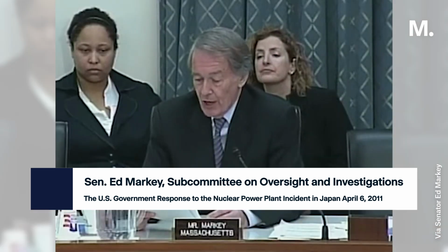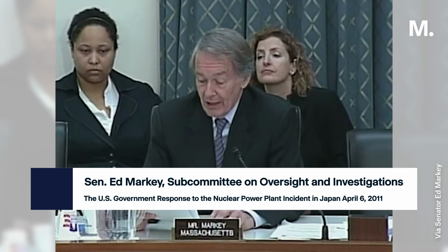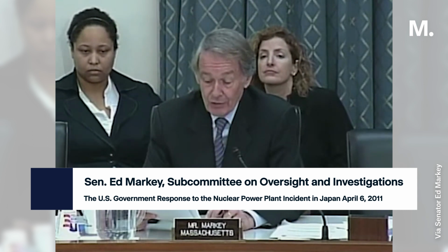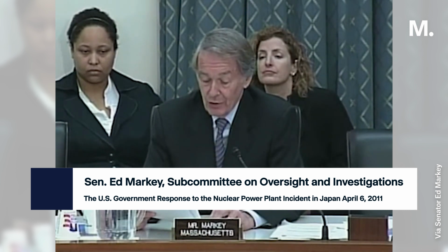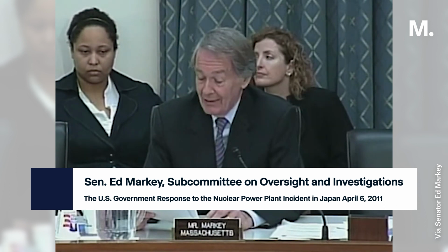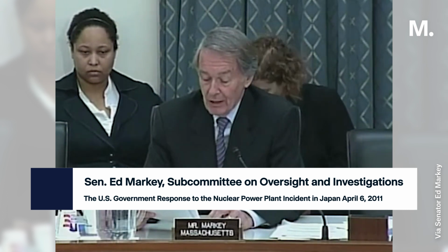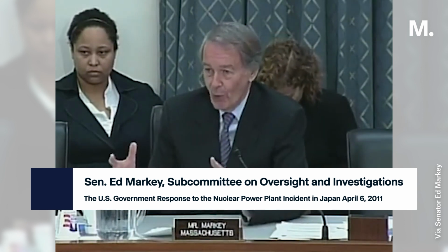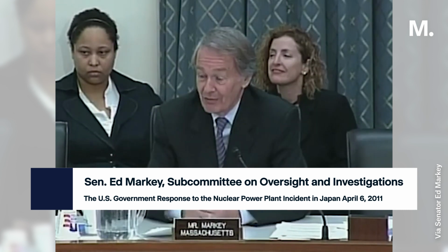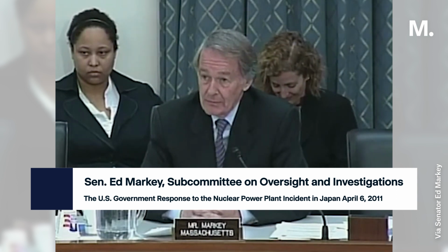The meltdown in Japan was caused by an electricity outage that was itself triggered by the earthquake and tsunami, but most nuclear reactors here are only required to have 7 days' worth of diesel fuel for their emergency generators and only 4 to 8 hours' worth of battery capacity in the event of their diesel generators failing. In Japan, the reactors had 8 hours' worth of battery capacity. Don't you agree that the NRC's regulation should be changed to require more diesel fuel and greater battery capacity in order to give emergency responders more time to figure out the physics and the electronics of the mess that they could be confronted with because of some natural disaster? Yes, I do agree that there needs to be a reexamination of the assumptions about the ability